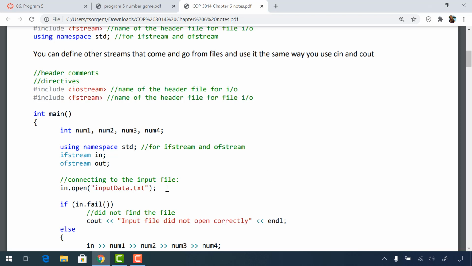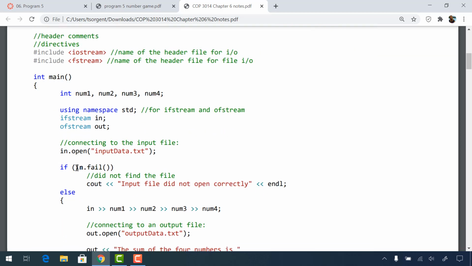So here's an example. This is an object of the ifstream class. You use the dot operator to access the function called fail. This function called fail is available in the library of ifstream. So this is how you can check if your file has opened correctly. Another function that is available